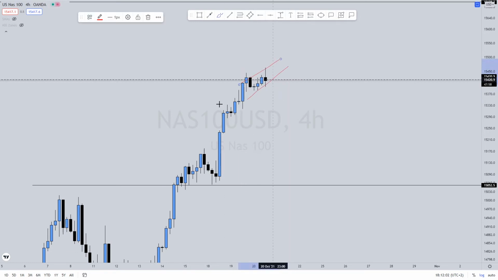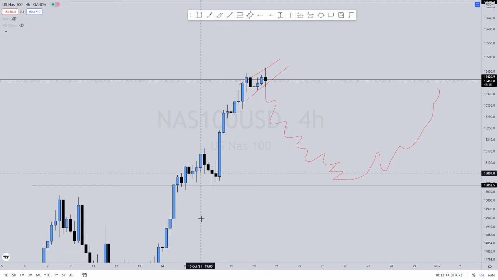I don't see an ascending correction yet. So what we can see, price can do whatever it wants in this region, guys, as long as we're staying above this region here at 15025. I hope you guys take notes of that, guys,